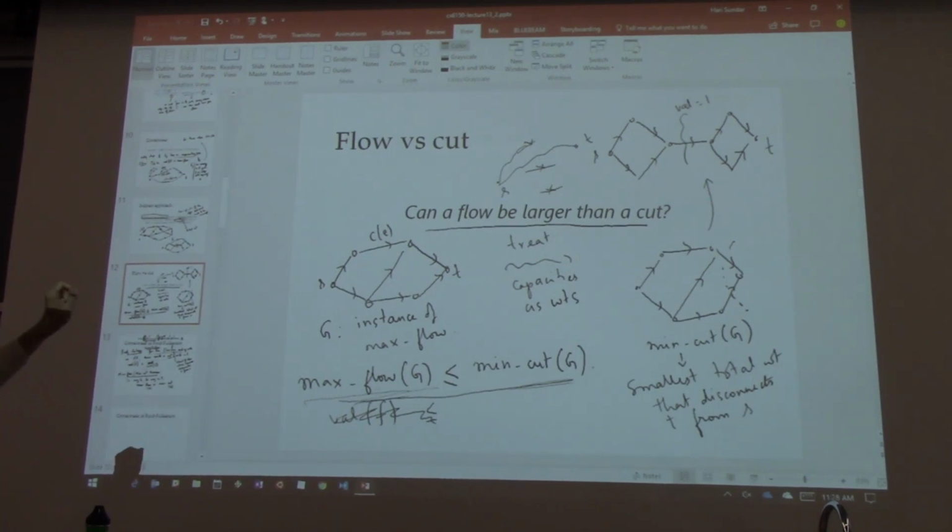Okay. So now, what is the most amount of flow I can send on this edge? By definition, it's the weight of that edge, right? Or it's the capacity or weight of that edge. Yeah, I'm saying that I set the capacity equal to the weight. So it's equal to the capacity.